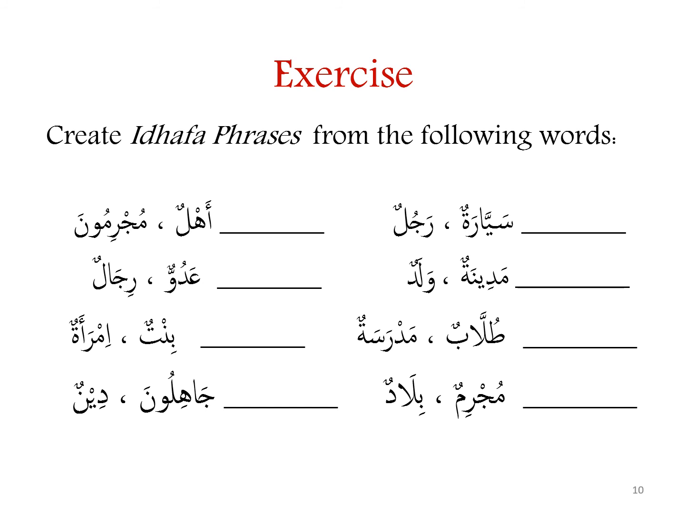So in this exercise, you need to create Idhafa phrases from the following words. So you have, for example, sayyaratun and rajulun. So this means a vehicle or a caravan. Rajulun means a man. So if we wanted to say, in this case, the caravan of the man, or it could have been a caravan of a man, just depends on what the mudaf ilayh is going to be. But let's say the caravan of the man, we would say, so we take sayyara,